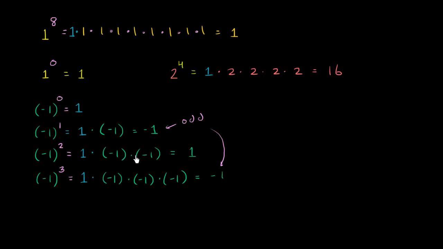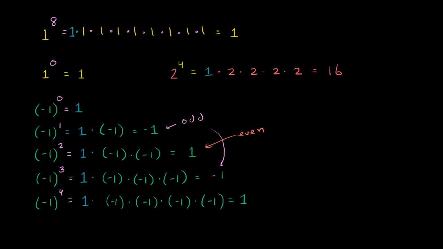So this right over here, this is even, and even is going to be positive 1. And you could see that if you went to negative 1 to the 4th power. Well, you could start with a 1 and then multiply it by negative 1 4 times. So negative 1 times negative 1 times negative 1 times negative 1, which is just going to be